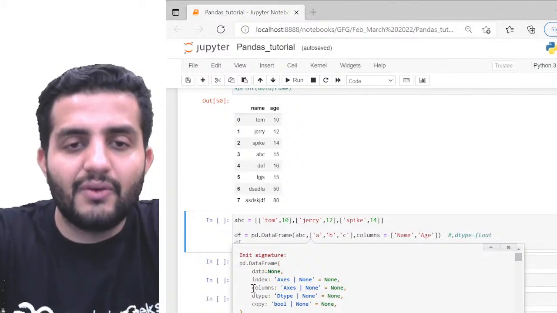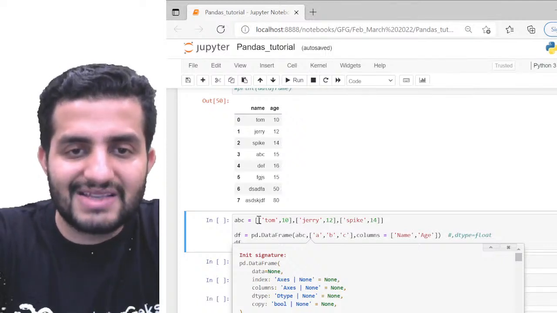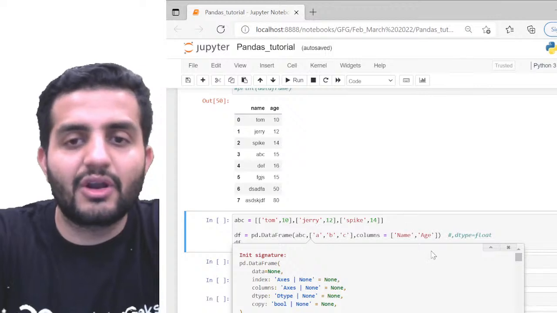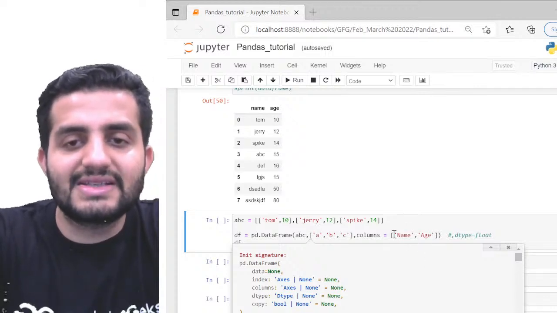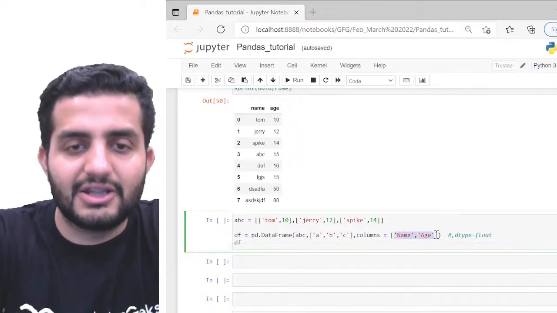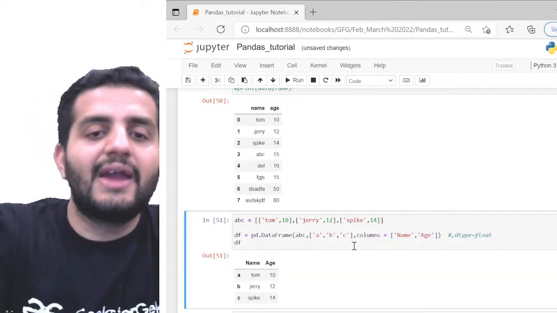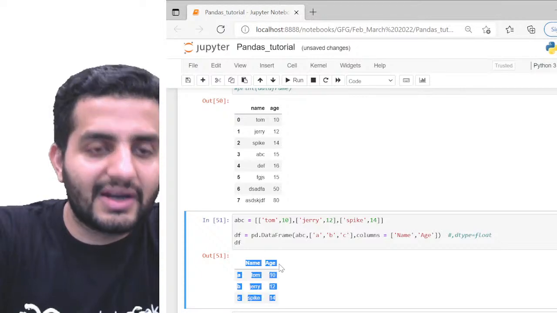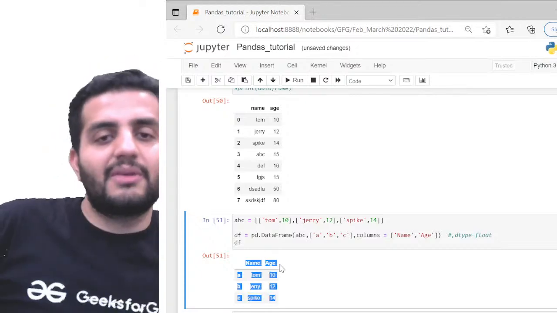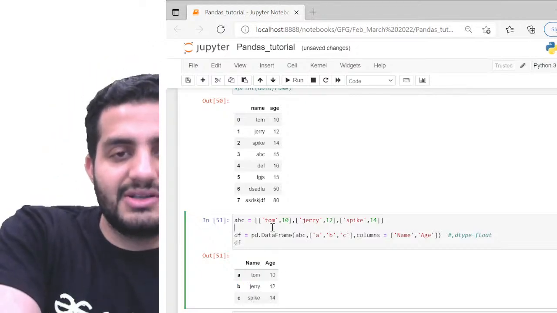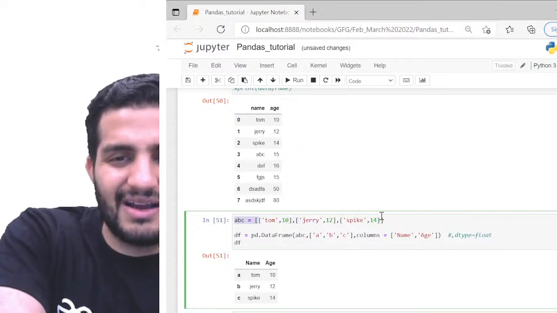And also now we have an argument of columns. Since we have passed the data, we also need to specify the column names, right? In this case, I'm passing the column names as name and age. Okay. Another way of creating the same data frame. We can use this also, and by doing this, I'll create a similar looking data frame. I have name and age as my column headers, and I have 3 elements here which are getting passed under my data argument.